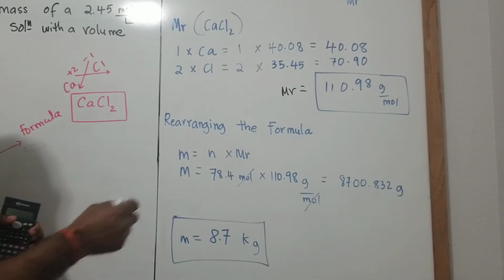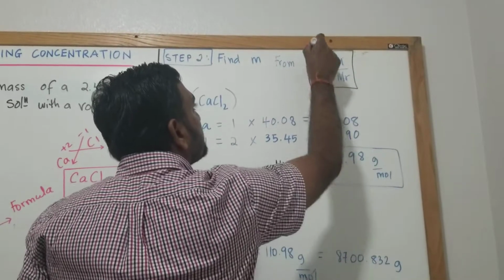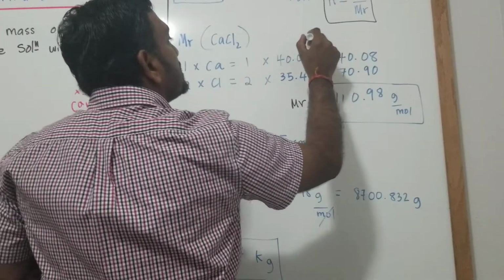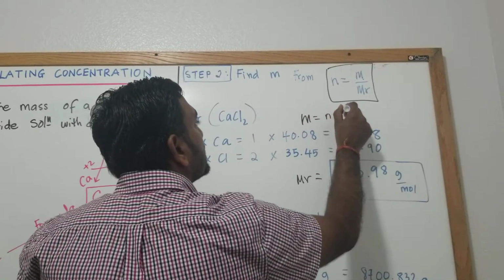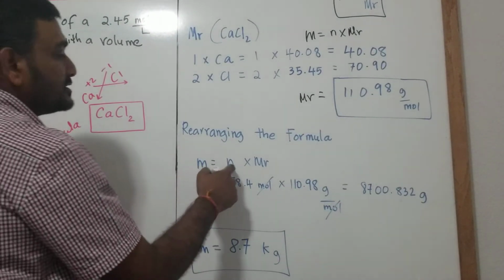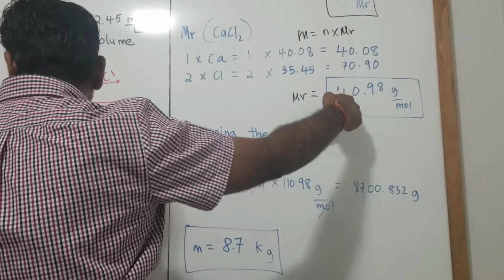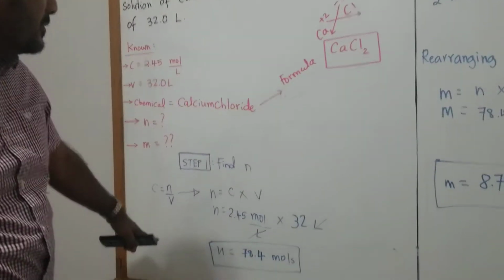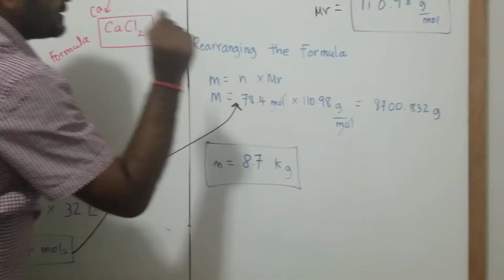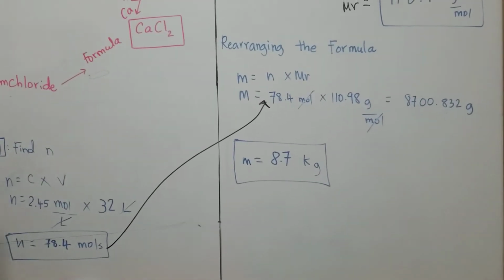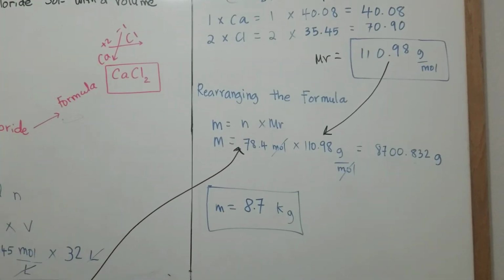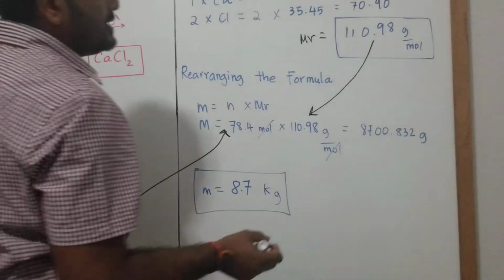So if we rearrange this formula and take mass on one side, what we have to do is take the molar mass and multiply with the number of moles. So mass would be n times Mr. Rearranging the formula gives us mass equal to number of moles times the molar mass. So we know the molar mass, and we have the number of moles from step 1. The number of moles is 78.4, and the Mr value is 110.98, which we just calculated. If you multiply the two, the final answer comes up to